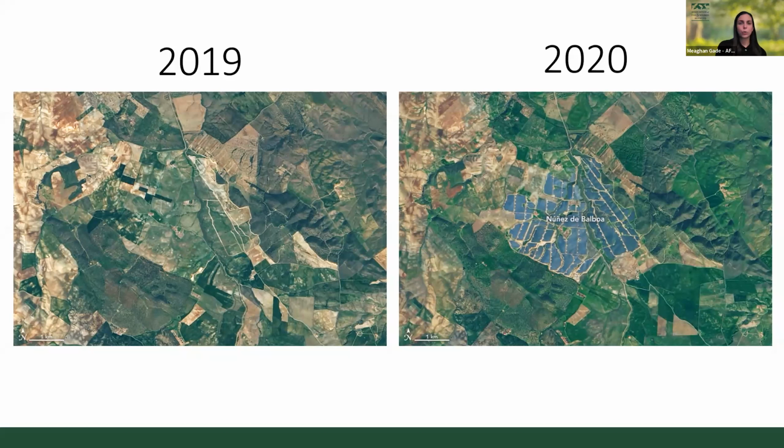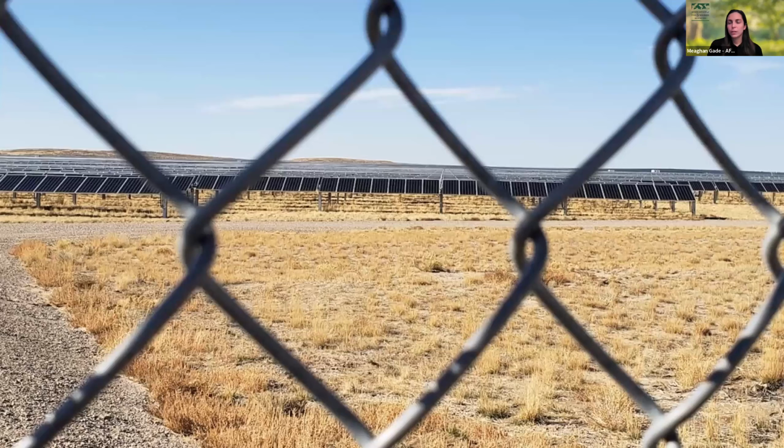So let's talk about what happens on the habitat side of things. When you build a solar facility, it needs security. We need to keep people out, so they often construct chain link fences. That's great. We don't want someone to sneak on, get hurt and electrocuted, or, I don't know, cut the power off from this facility.